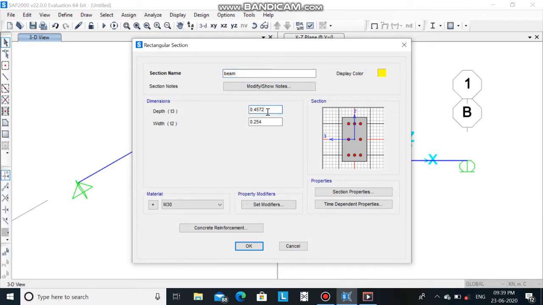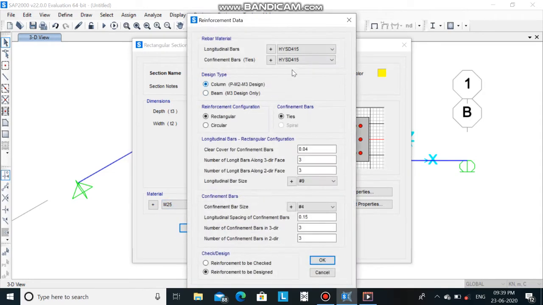So here we'll need to define the dimension of the depth and width, that is, let's take it as 0.35 and 0.23. These dimensions here are in meter. Now we have selected the material as M25 and click on concrete reinforcement. Here we'll use the longitudinal bars as HYSD 415 and confinement bars as mild 250, and click on beam M3